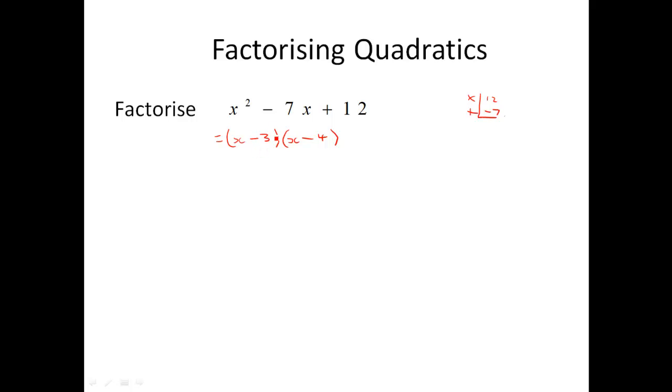Now you shouldn't ever get these wrong, because if you expand it, you should get back to the original expression. So I've got x squared minus 3x minus 4x plus 12, which is x squared minus 7x plus 12. So it works. And that's the same question, so I guess we don't really need to